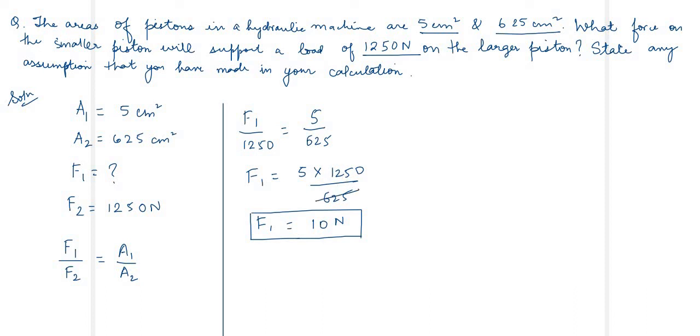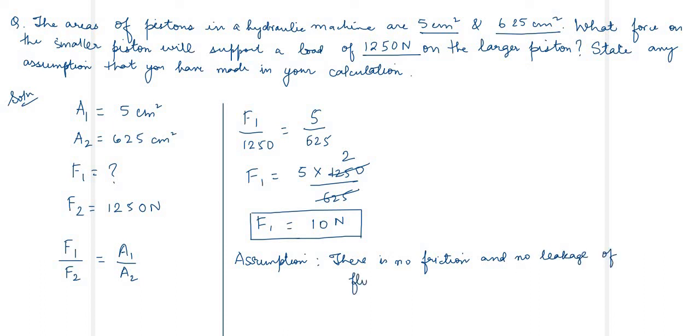Okay, because 625 2s are 1250 and 5 2s are 10. Okay, very simple. And assumption हमने लिख लो इसको। Assumption हमने किया, there is no friction and no leakage of fluid. यही हमने assumption किया।